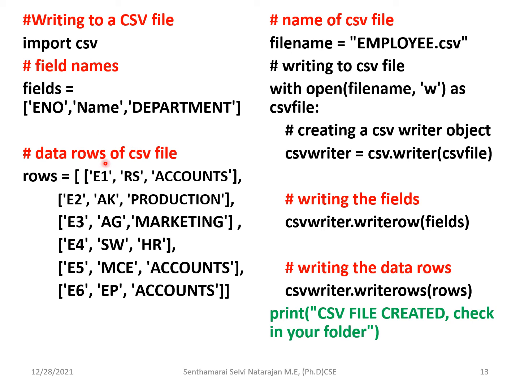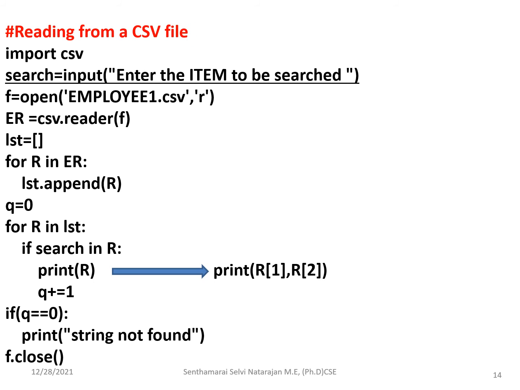So here is how to write it. Here we can write the details of the records to be saved, and then you have to name the file as employee, and then you are going to write it in the CSV file. So we have used the write mode, and then create a writer object, and then write each and every row into the record, and after writing, the CSV file is created. This is one print statement by which we can see that the record has been written in the file. Okay, after writing this you are going to read it.